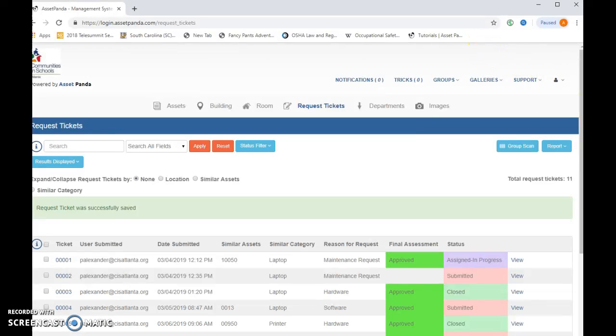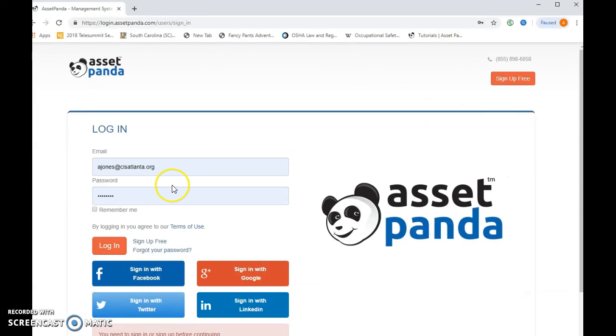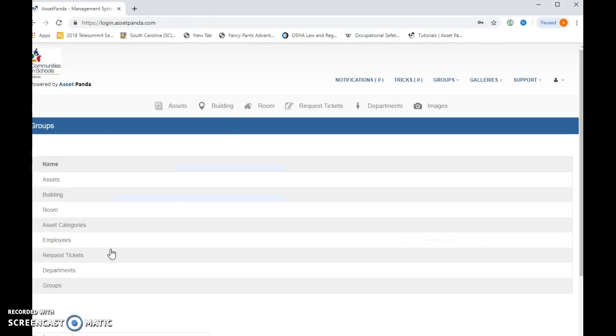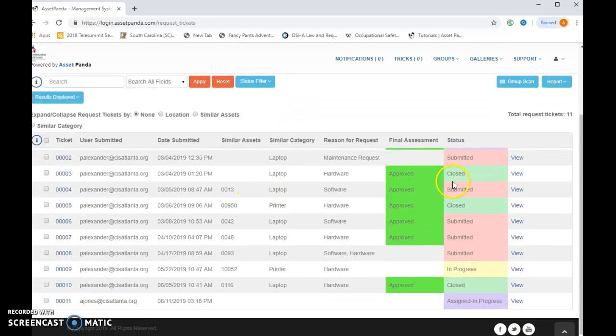Alright, so today we're going to be going over how to create a request ticket in Asset Panda, if need be. So first thing first, we're going to log in. After your login process is complete, you're going to want to go to the Request Tickets tab, and then you're going to click on View or whichever one. I'm going to click on the Close one,